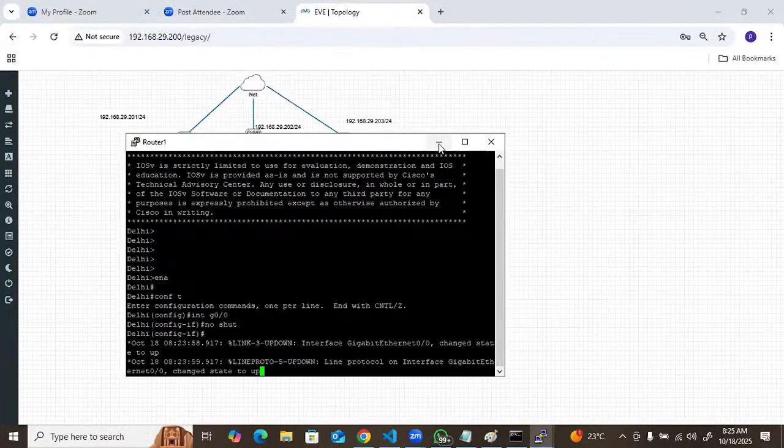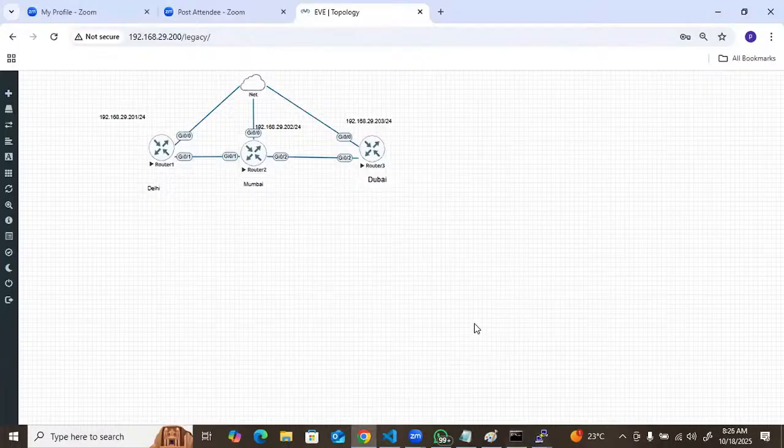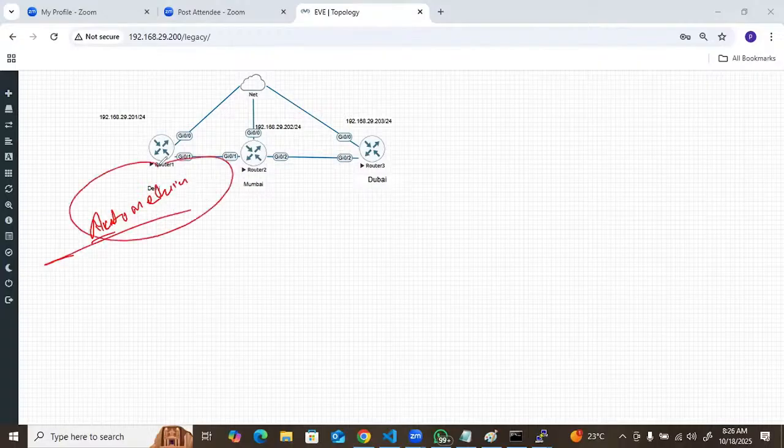Guys, right now, if I'm just going to write the script, if you're not able to understand, don't worry about that. Right now, you will not be able to understand until the Python is finished. I just want to show you where the automation is going to be used, because this is the reality, guys, right now in the production network. If you don't know the automation, your job is at risk, right?